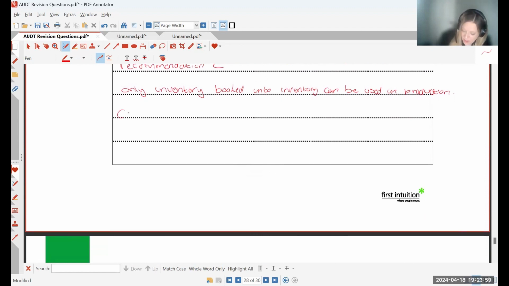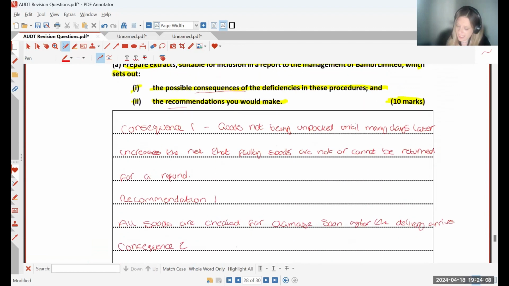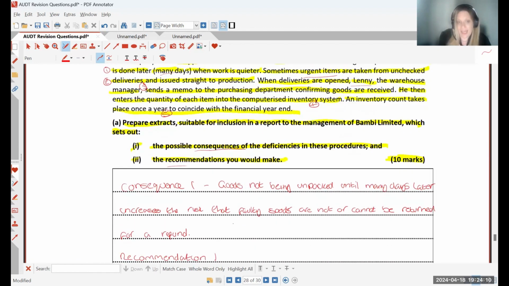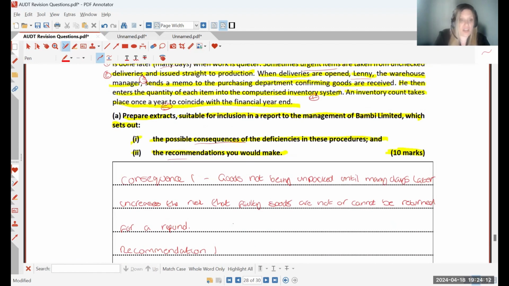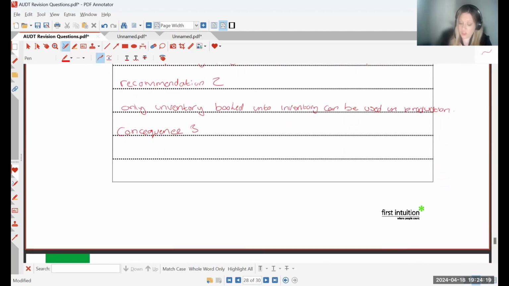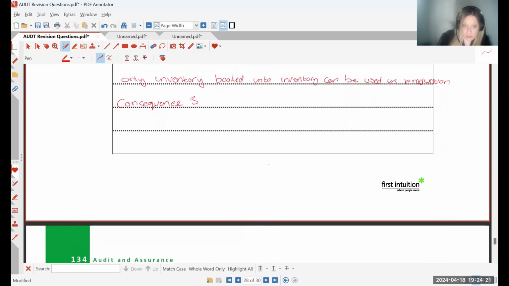Okay, next we've got consequence 3. I'm going to run out of space. So consequence 3, what was that? This was our no check of the goods received to the actual purchase order. So we don't know if we're receiving what we ordered and are we paying for too much. I'm going to just start here because I am going to run out of space. So no check of the goods received